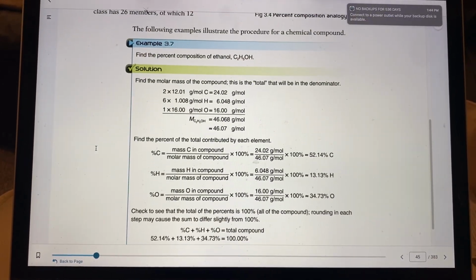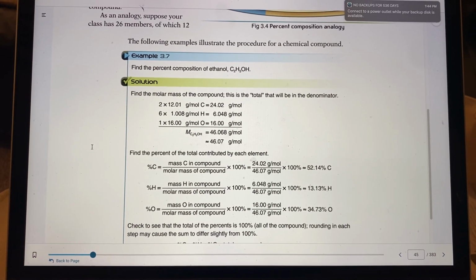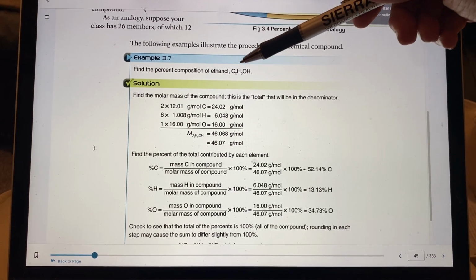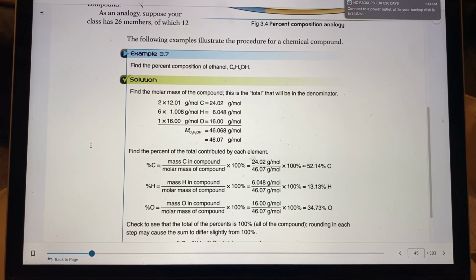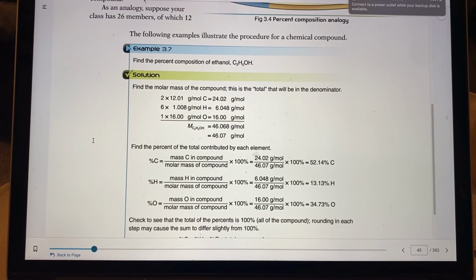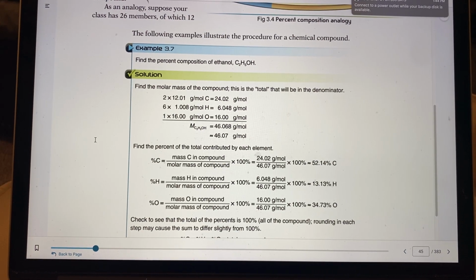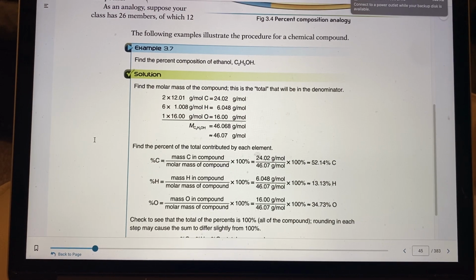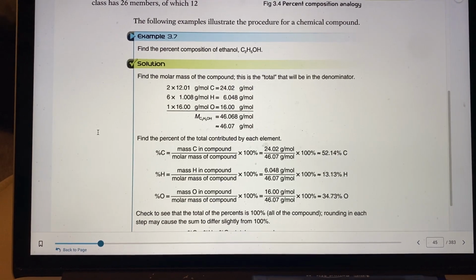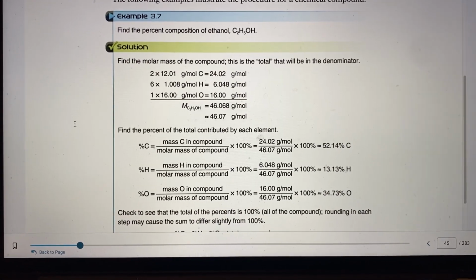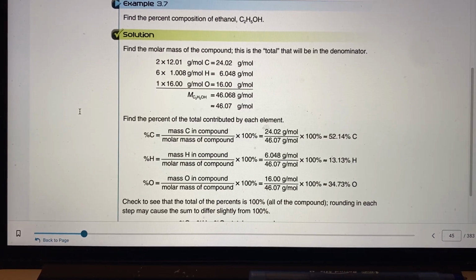So let's look. Here's the example. Find the percent composition of carbon, hydrogen, and oxygen. As we look into that, what you have to do is find out what the mass is. And to find the mass, you have to put it in grams per mole, remember? So we have to figure that out. Maybe if you could zoom in here, can you see this pretty well? Okay. So if you look on the periodic table, you'll find that carbon is